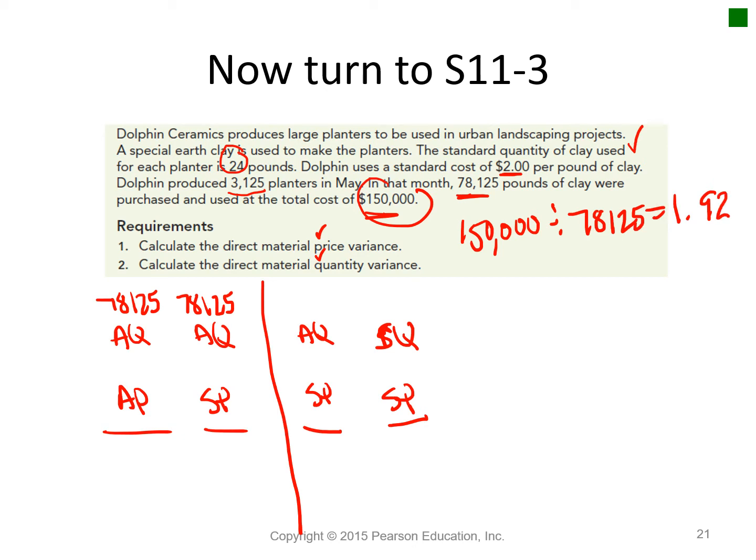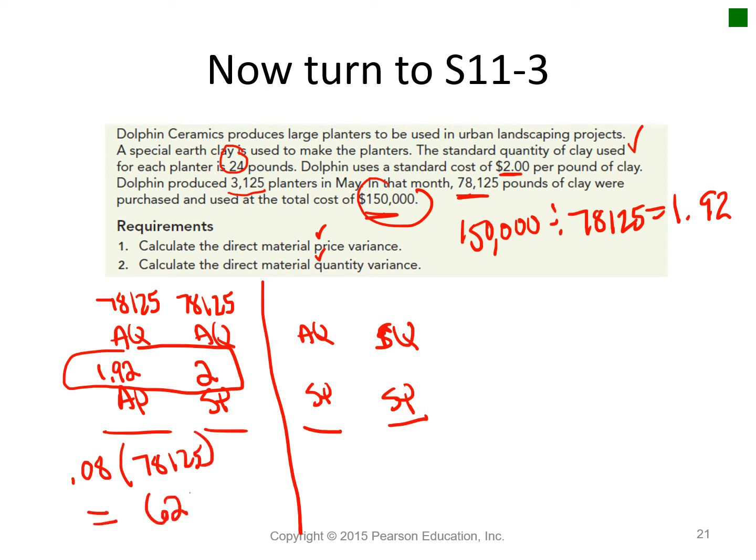That's going to give you a price per unit of $1.92. That's your actual price, which I'm going to write right there. The standard price they told you is $2. So the basic calculation, you're going to take the difference between these prices. So the difference is 8 cents. You're going to multiply that by what you actually purchased, and that's going to give you a variance, in this case, of $62.50. And of course, since you paid less than standard, that's what you want, you're going to say